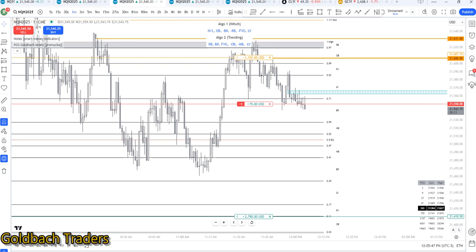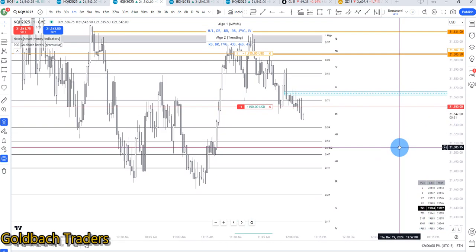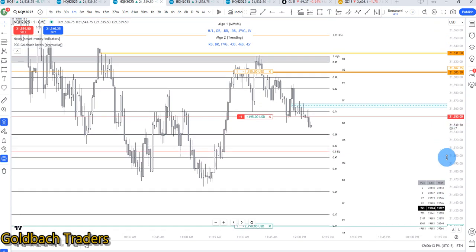All right, hey guys, it's Richard with Goldbach Traders, and I'm looking at a trade right now. I've already traded a few times this morning, and actually had two losses, pretty small losses, but losses all the same. It was in this price action here, thinking that we were already in an algo, and apparently we weren't. So right now, I'm thinking that we're going to go all the way at this point down to